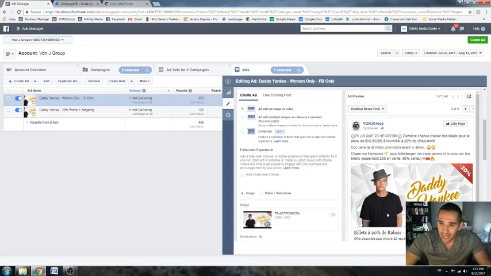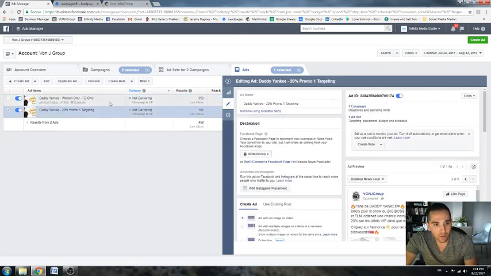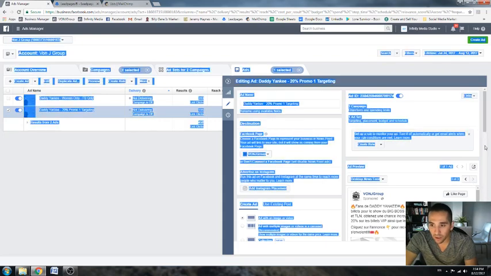So this is the actual ad. So we got Daddy Yankee there, and I created this on Photoshop. You don't need to use Photoshop to have a kind of cool design like this, but you can use something called canva.com. I'll leave it in the description. To create that visual, you have to have a nice visual. If it's possible to have a video, even better, but in this case I only had this, and it was straightforward. So if we go to the first one, actually this one was the retargeting one, and